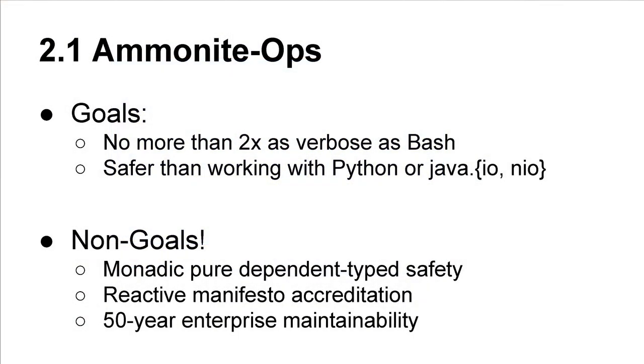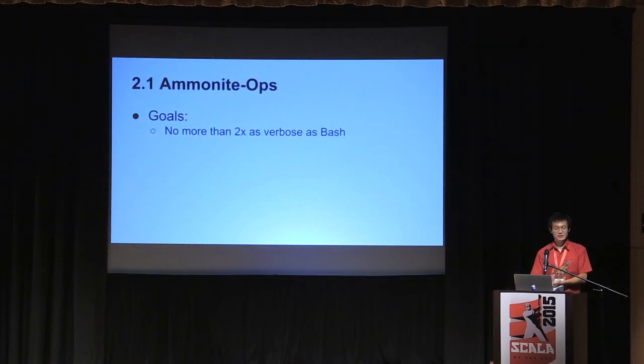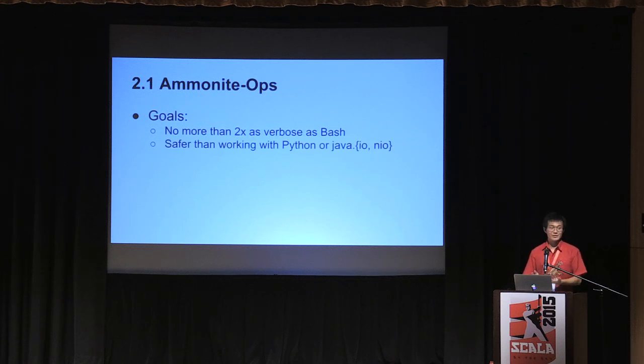So for Ammonite-Ops, the goal is basically to have a library which does more or less what I want: no more than 2x as verbose as bash. Python is 2 to 6x, Java is maybe 10x, Scala is the same as Java. Let's aim at 2x. And it should be safer than working with Python or Java.io or NIO, because if it's as dangerous as bash,